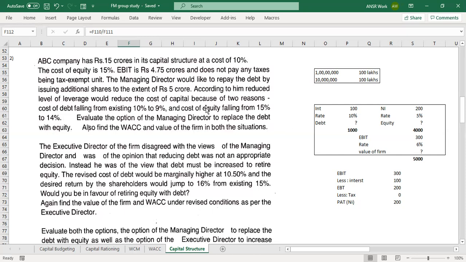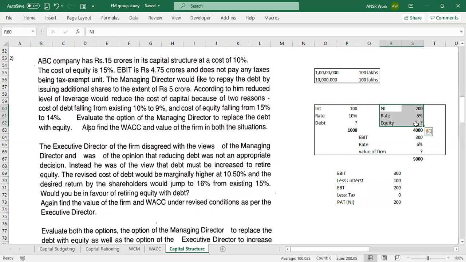The thing is, I'm not sure how to start. No problem. You know this calculation, right? I think you would be familiar. From EBIT, you will deduct the interest and calculate the EBT. Yeah, last problem we did, right? Absolutely correct. Now here we are just finding, as of now, what is the value of equity. That's all. In order to calculate the value of equity, you remember this one, net income